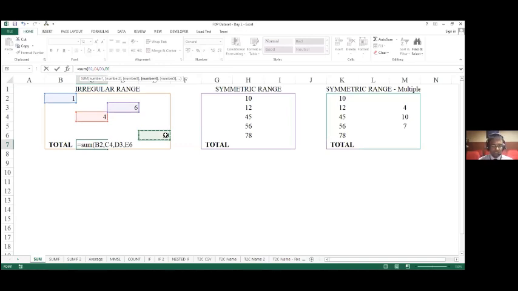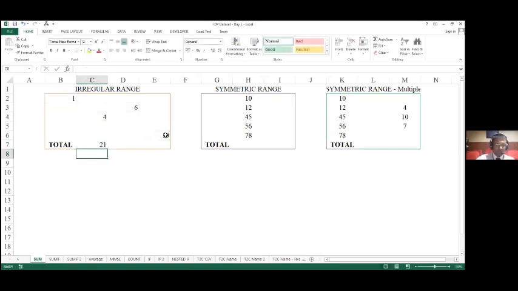So I have mentioned the values for which I want Excel to carry out the summation: equal to sum, open bracket, B2, comma, C4, comma, D3, comma, E6. Now I have to close the bracket and then press enter. I have defined my formula, and mentioned the values for which summation has to be carried out.